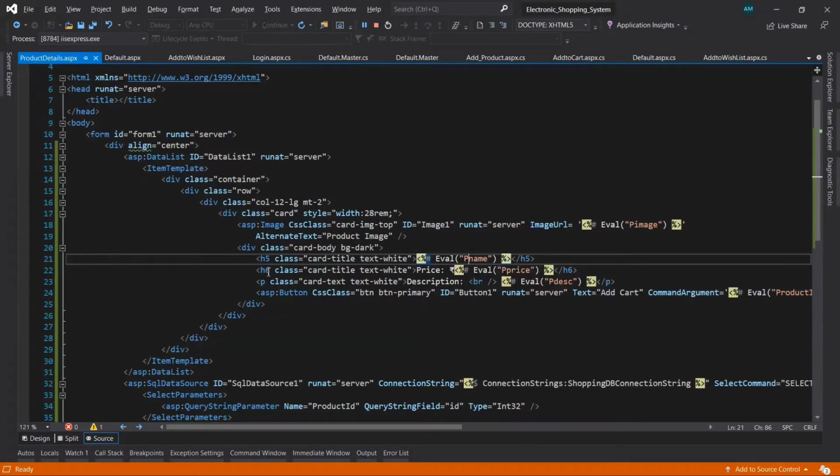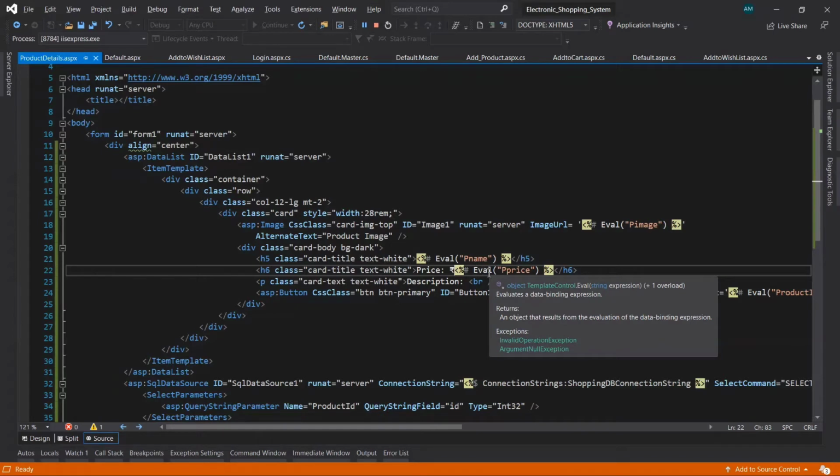After that, in h6, that is header 6, I have given the bootstrap class card-title again, which should be white color, and given the text as price, and after that the symbol of Indian currency, the rupee.